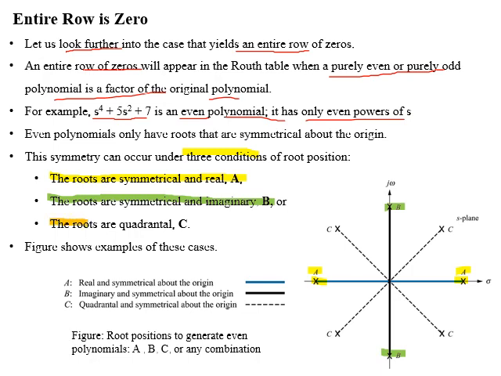This is represented by location B in the figure. Third possibility is that roots are quadrantal, which means that the poles of the system will have an angle difference of